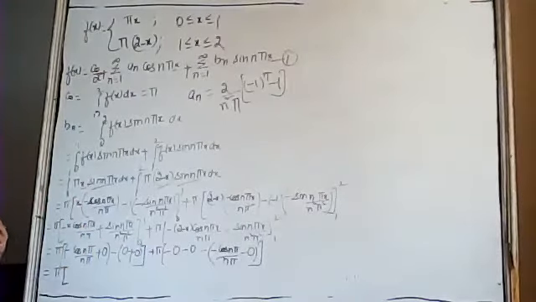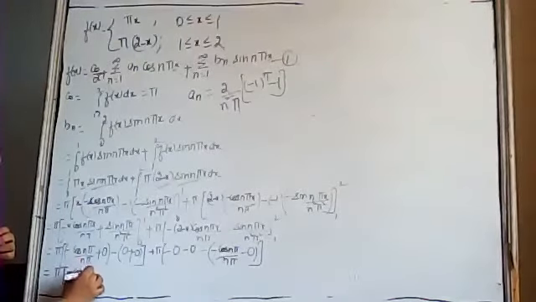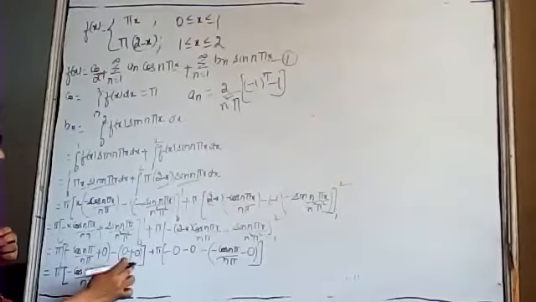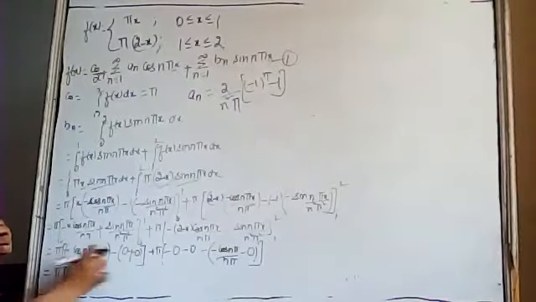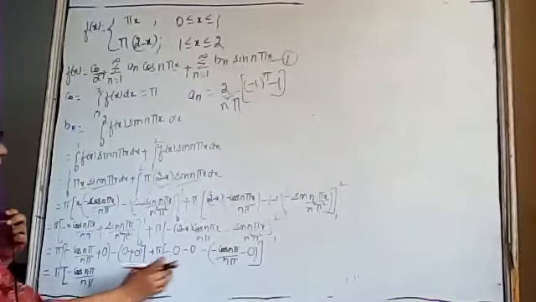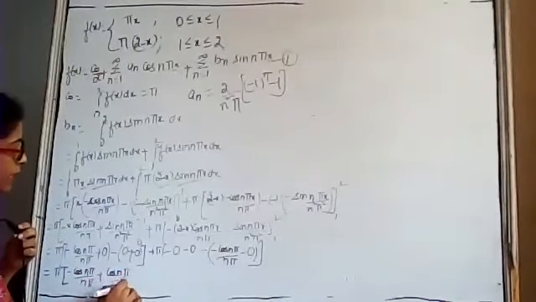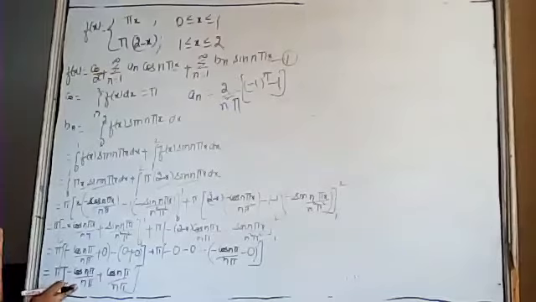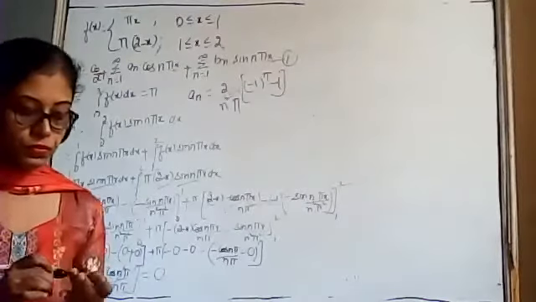Beta, be very careful while substituting the limits, as we have multiple negative signs. It will be equal to minus cos n pi divided by n pi. All these terms are 0. Pi, I am taking outside the whole bracket, this pi and this pi. This is common pi. Minus and minus will be plus cos of n pi divided by n pi. One term is with a negative sign and one term is with a positive sign. Both the terms will be cancelled out, and the value of bn will be equal to 0.